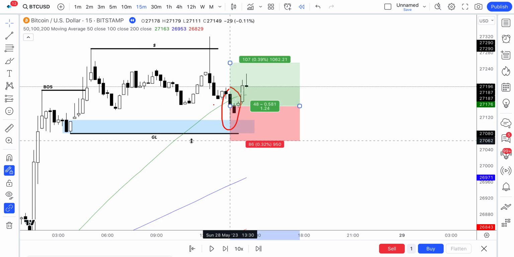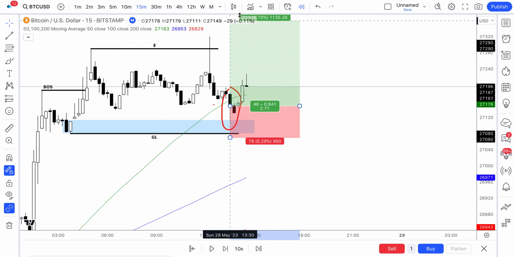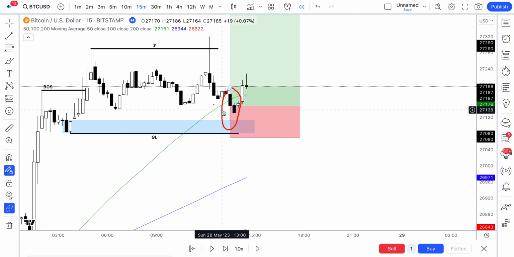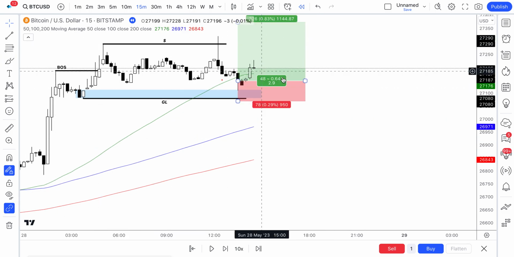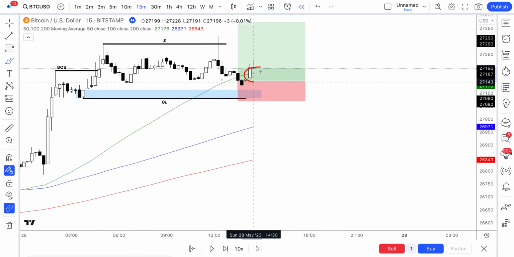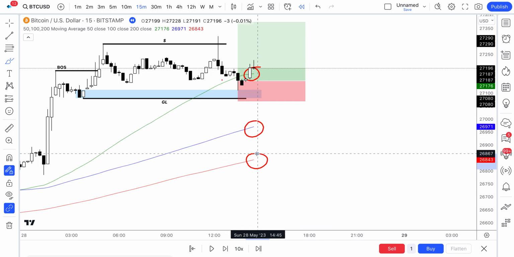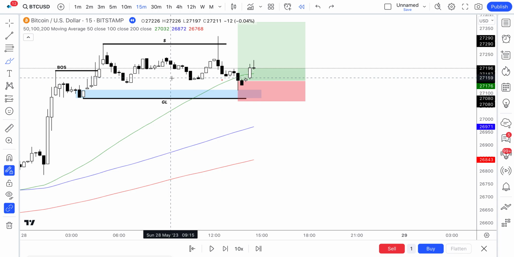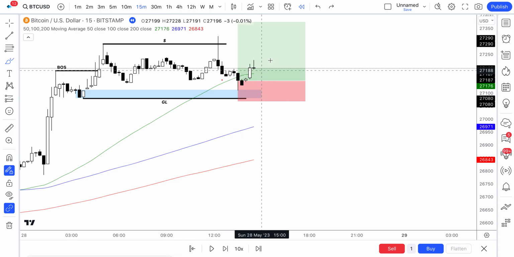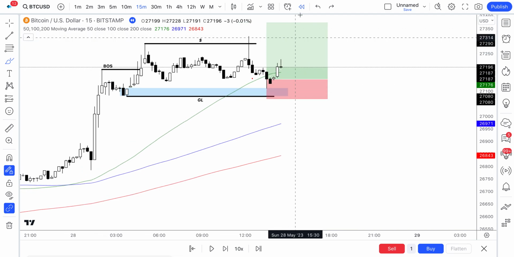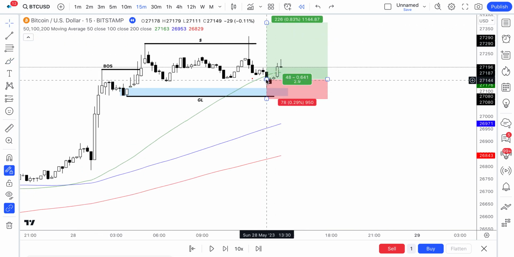Stop loss goes below our guarded low. Okay, and we're looking for continuation to the upside. So we're triggered in this trade. Let's get rid of the moving averages. We don't really need them at the moment, but it's interesting to note that these are still sloping to the upside, indicating strong bullish momentum. That also quantifies our thesis that the market here is looking to run these stops and looking to push to the upside. So we're triggered in this trade at